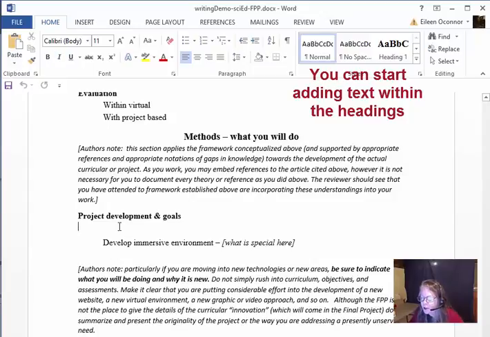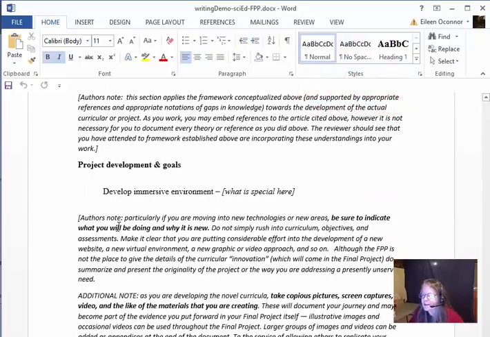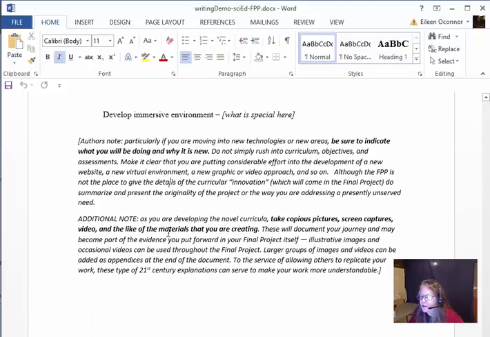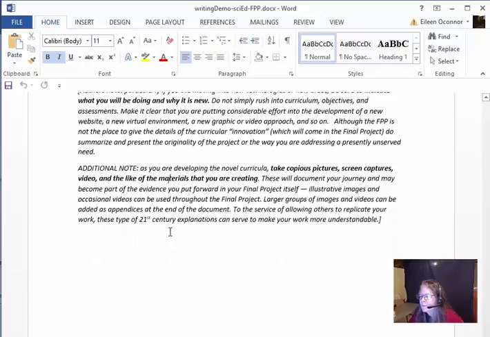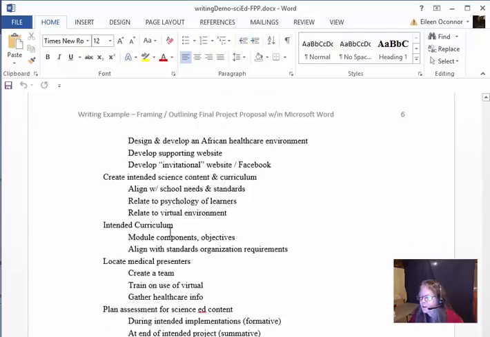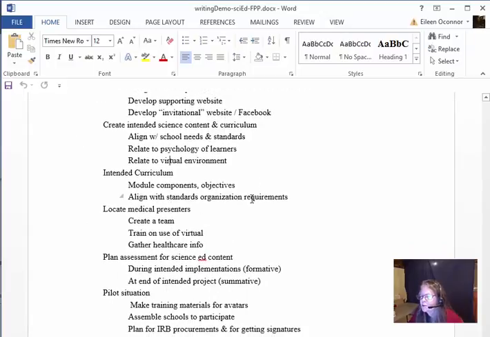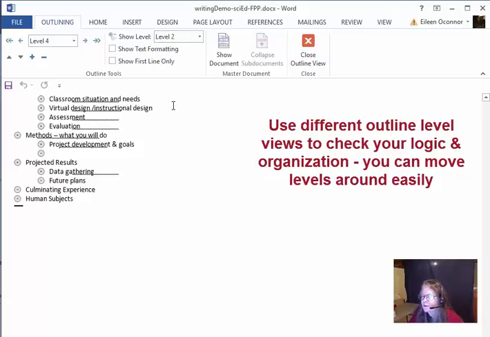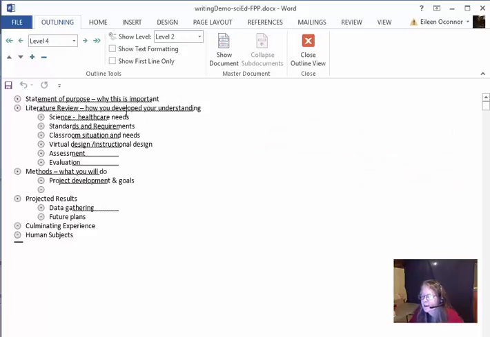I will be showing you this particular outline that I started because it's explaining through an example some of the ways you can use this feature and some of the ways you can set up your final project proposal. But I didn't populate everything. So here, when I come down to this area, these are just subheadings that I'm using in my method section. And I can go back to my view of my outline, and I can choose to look at all the levels, or I could just choose to look at the first two levels